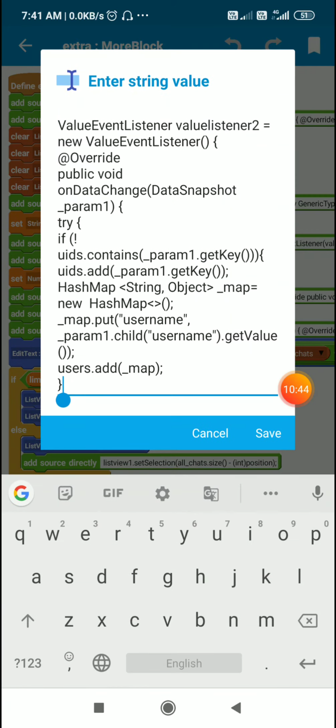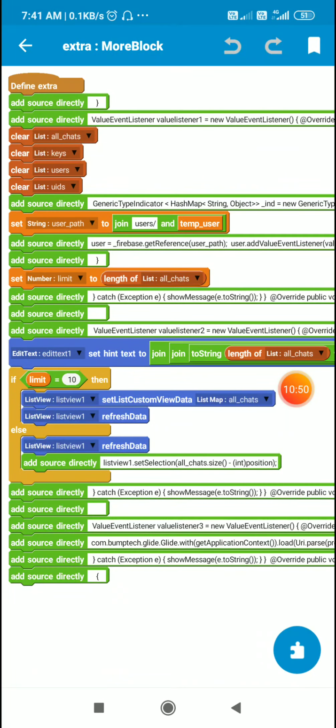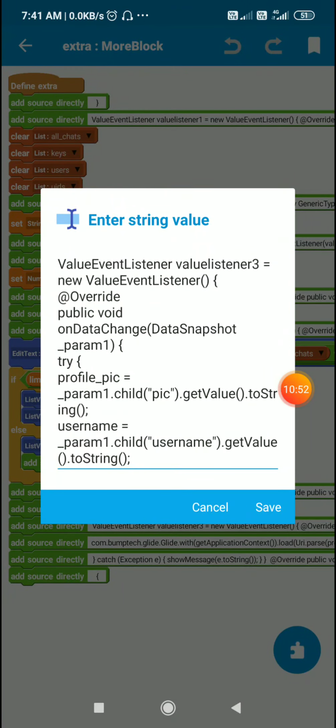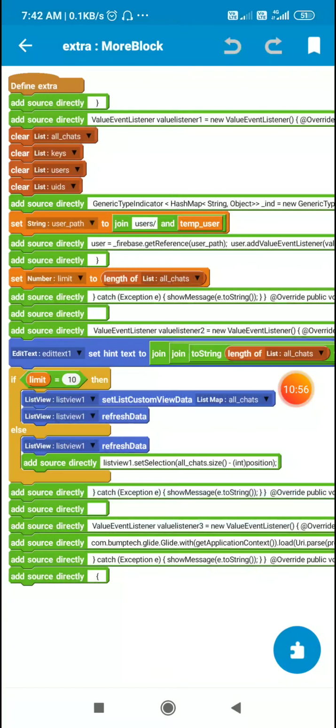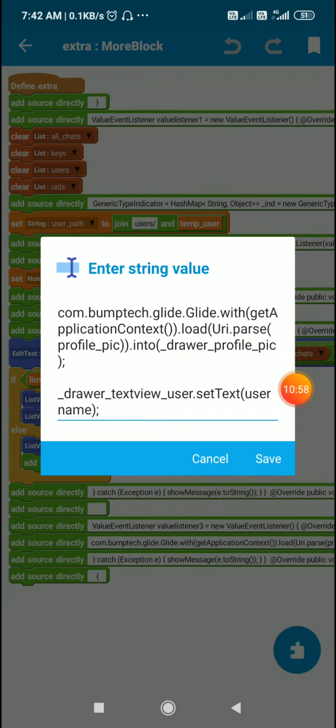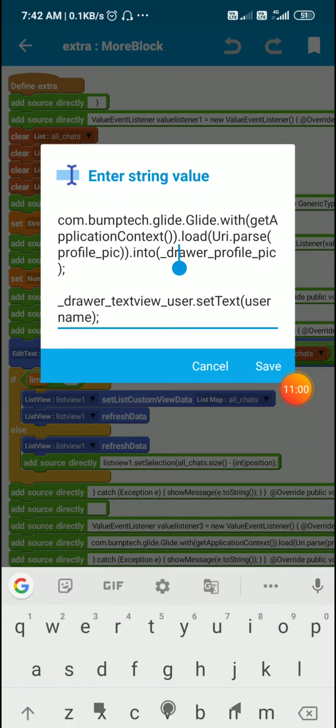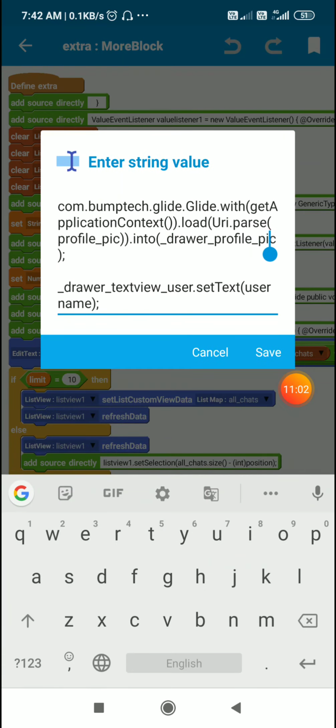And then I close this if, sorry, this is the wrong one, yeah. So here I define username and profile underscore pic. Now after this I set the profile pic of drawer profile pic, which is an image view in drawer, using this URL profile underscore pic by using this code for glide.